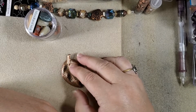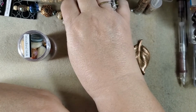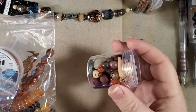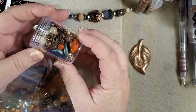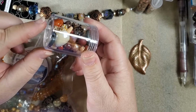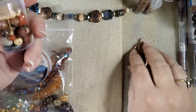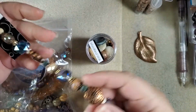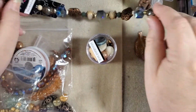Now, since I finished doing that, I'll put this aside for right now, and we will pull out some of the beads we're going to need. Now, this was the kit. It has all kinds of pretty beads in it, and this also was in here. This is a Jesse James Beads bead mix that they made specifically for this kit, in conjunction with SoftFlex, so that they'd have the colors they wanted. And this is the Bead Strand. Now the Bead Strand is sold separately if you wish to have it, but we are going to use parts of the Bead Strand for this,